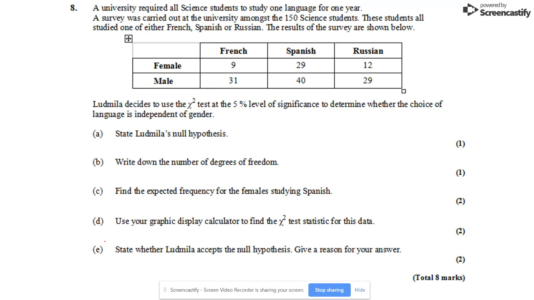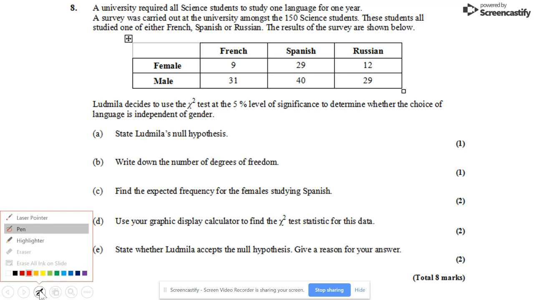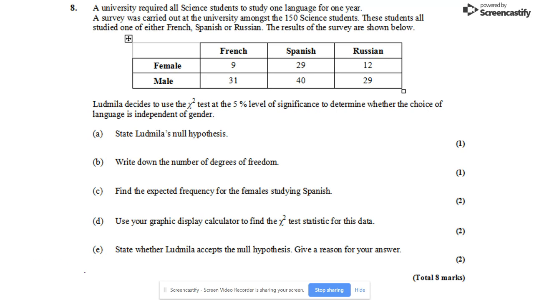So notice part A is state the null hypothesis. But if you state... it's not working. All right. Anyway, if you state the null hypothesis, that is simply stating, so remember, null hypothesis is saying that whatever the two things are. So in this case, it looks like gender and language, right? Gender and language are independent,